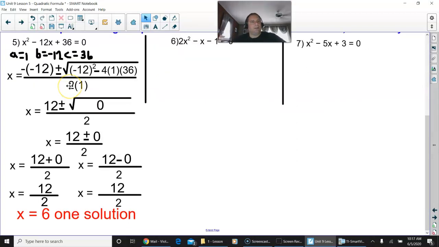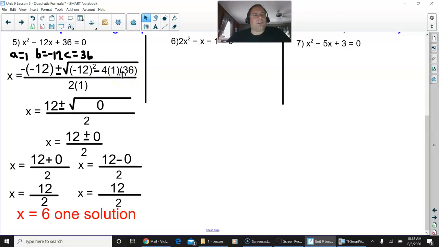Okay, so take a look. You have a equals 1, b equals negative 12, and c equals 36, like we put down. I substituted a negative b in, and that became positive. You have plus or minus the square root of b squared. b is negative 12, so you have negative 12 squared minus 4a, which is 1, and c, which is 36. This whole thing, put it all in your calculator, you will get